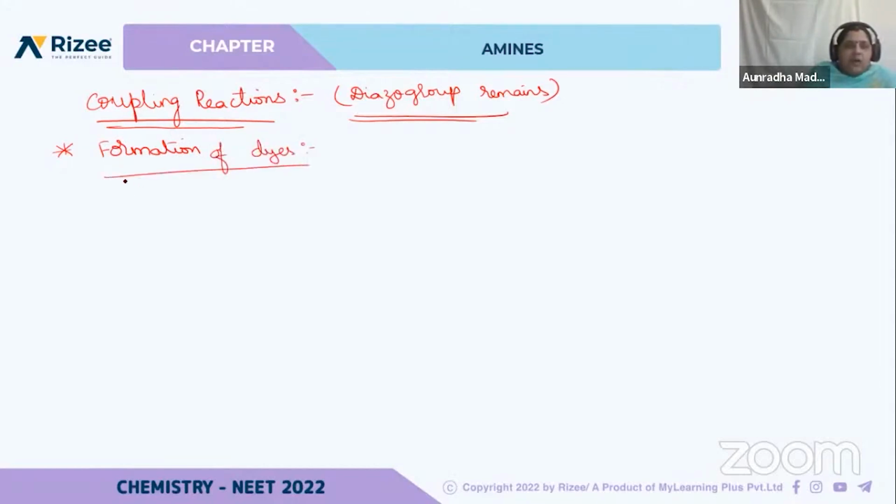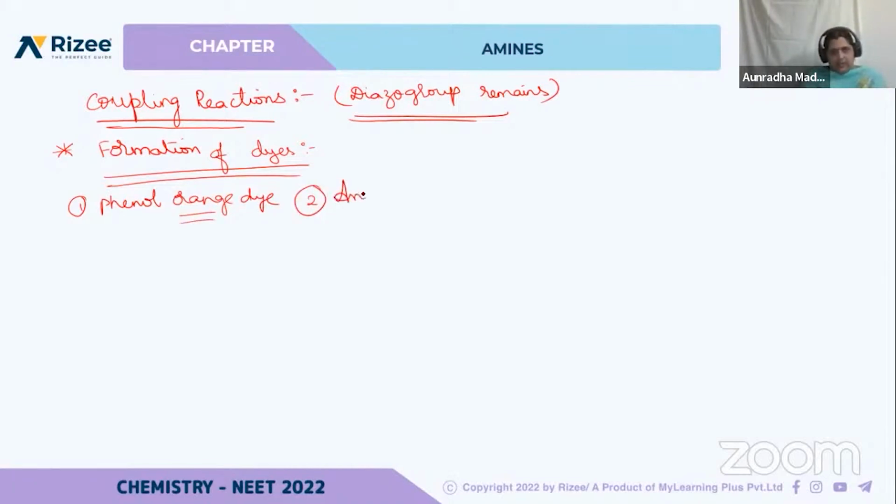dyes. Formation of dyes. So 3 sorts of dyes we are going to study now. Coloring compounds, we can say dyes means gives color. That's it. So 3 dye compounds we are going to study now. Phenol orange dye. So in the name itself, it is denoting the color. Phenol orange dye. And the second one is